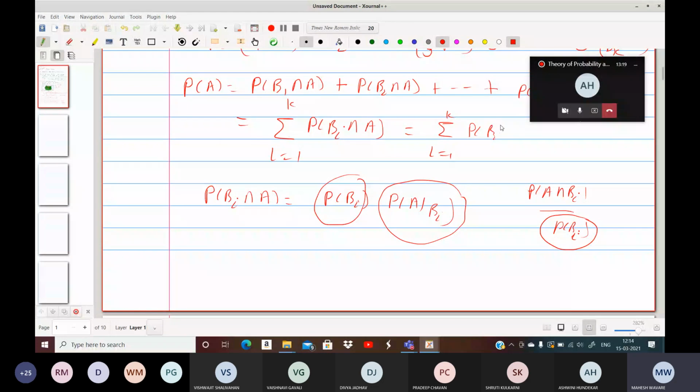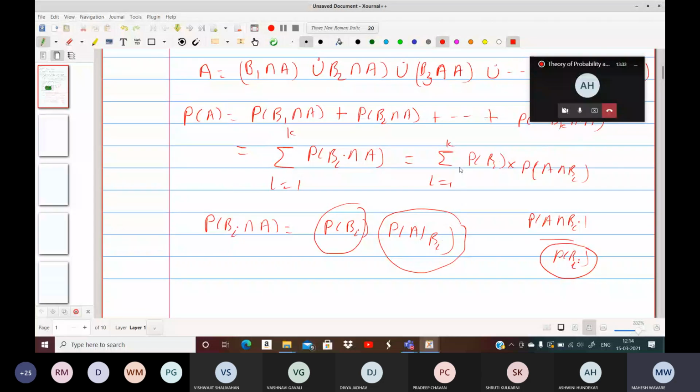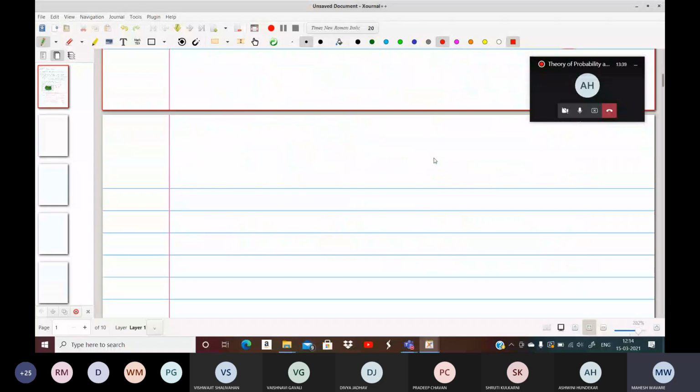Now, while solving the problem, you have to see who constitutes the partitions. You look at the events whose total probability is 1. That will only constitute a partition, because if B1, B2, up to Bk constitute a partition, then the union of all Bi is S. That is, the probability of the union of all Bi is probability of S, that is, probability of B1 plus probability of B2 plus up to probability of Bk has to be probability of S. And we know the probability of S is 1. So like that, in an example, you can sort it out.